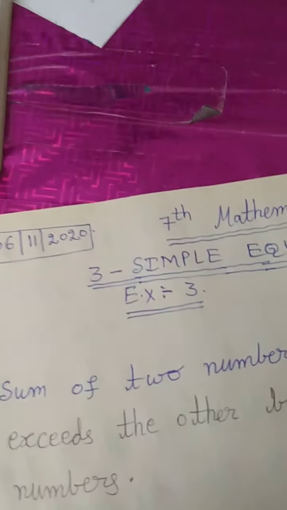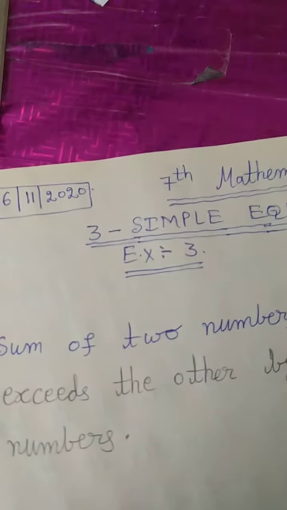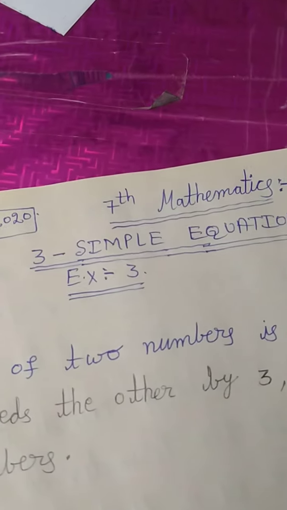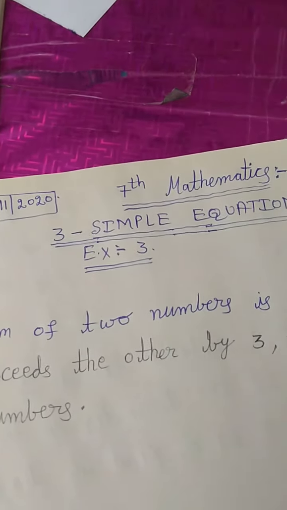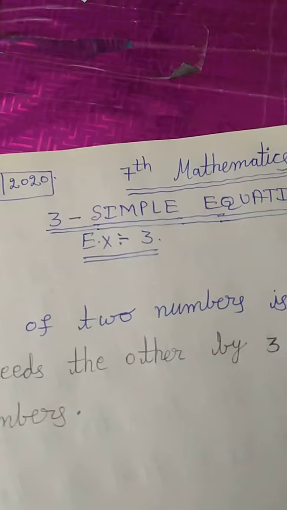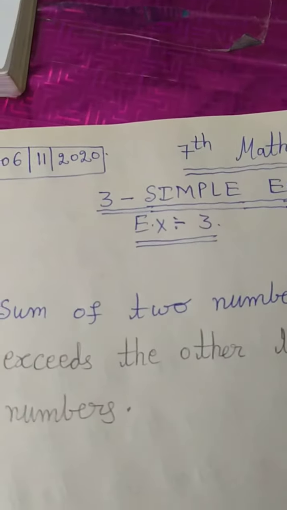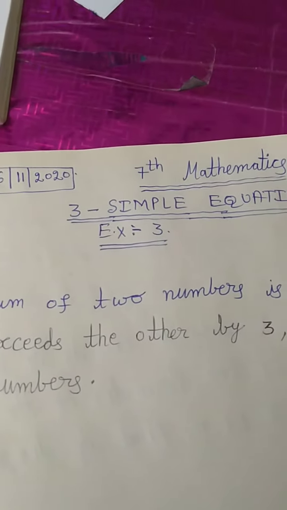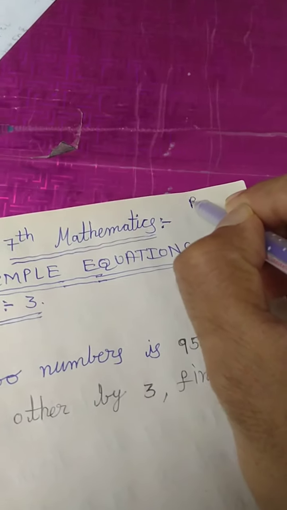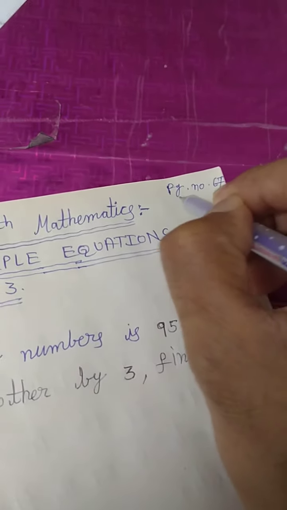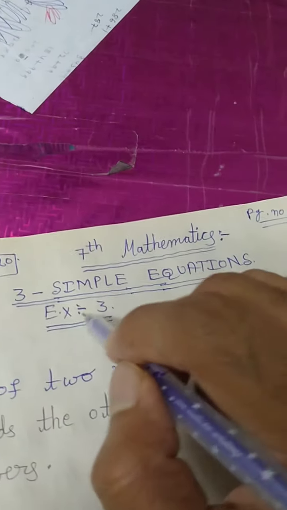I have started exercise 3 and completed 4 problems, children. The first problem is completed, the second problem I have given for homework, the third problem I have explained to you, the fourth problem I have given as homework, and the fifth problem I have explained to you. If you want, you can open your textbook. In my textbook the page number is 67, children. Please check in your textbook, chapter 3, exercise 3.